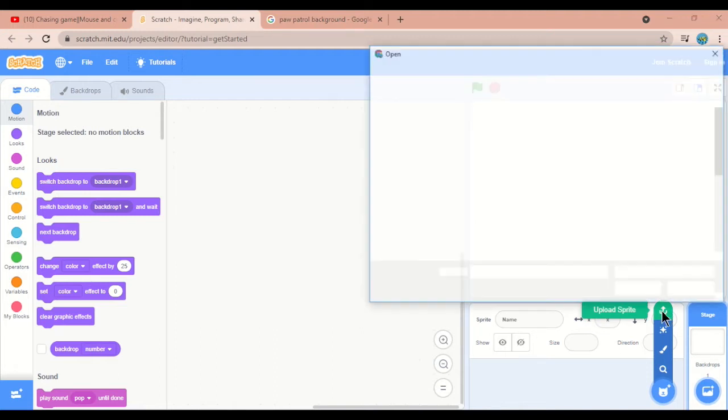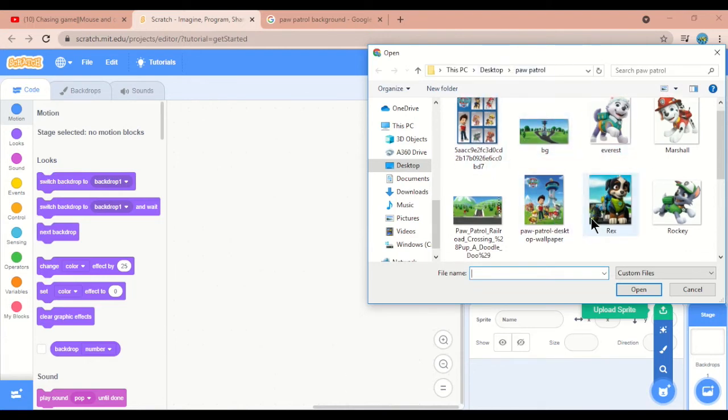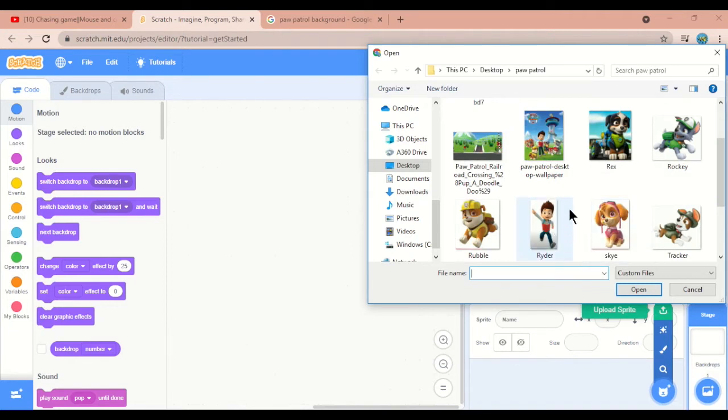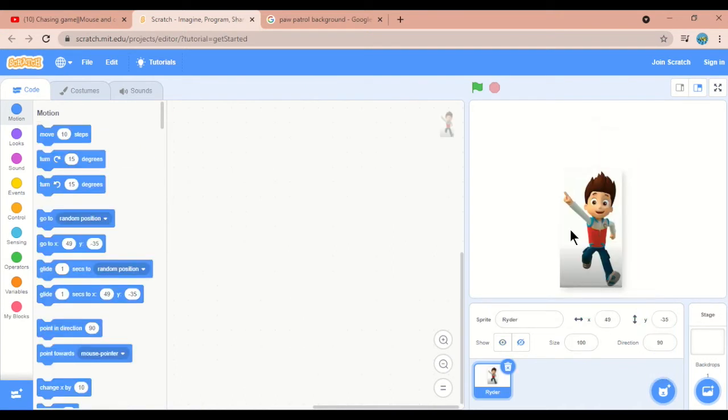Click on that. Okay, see, I have already downloaded and kept it inside a folder. So I'm going to add characters one by one. First I want this Ryder. Okay, Ryder, do you all like Ryder? Yes. Select and open. See, you will get your Ryder here.